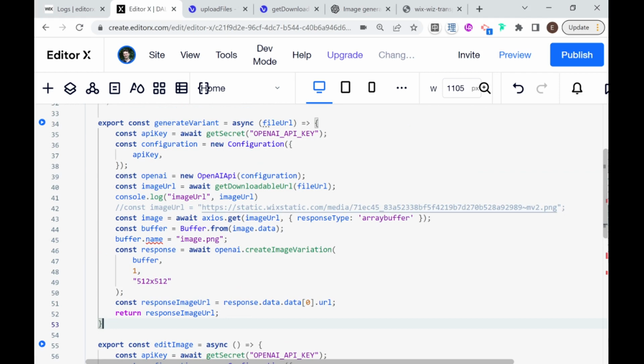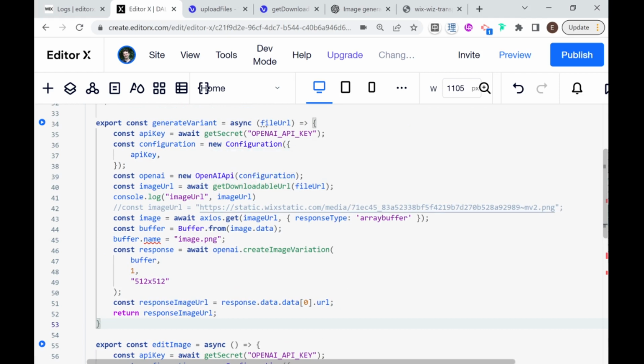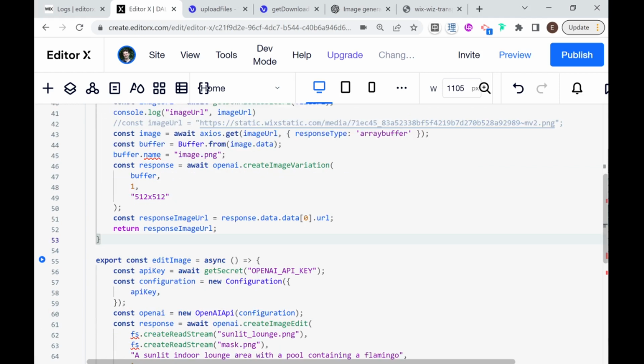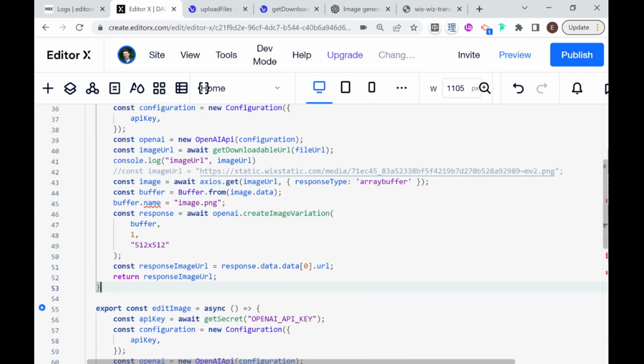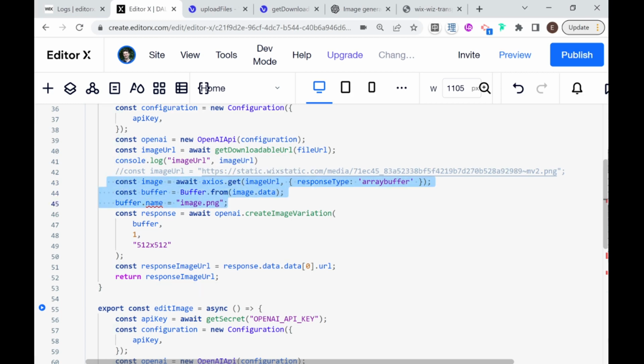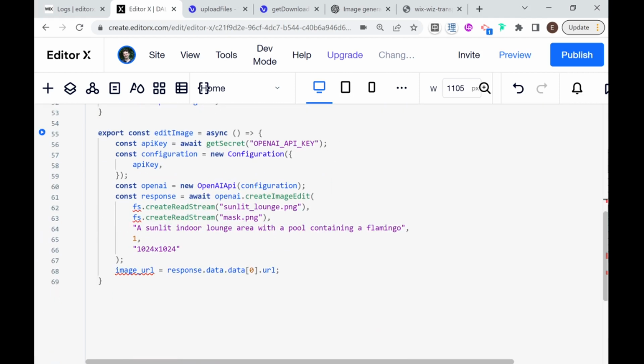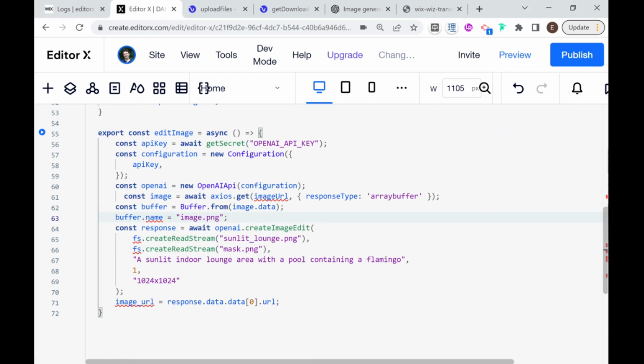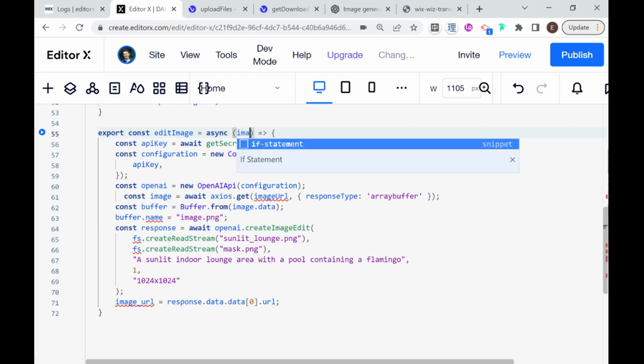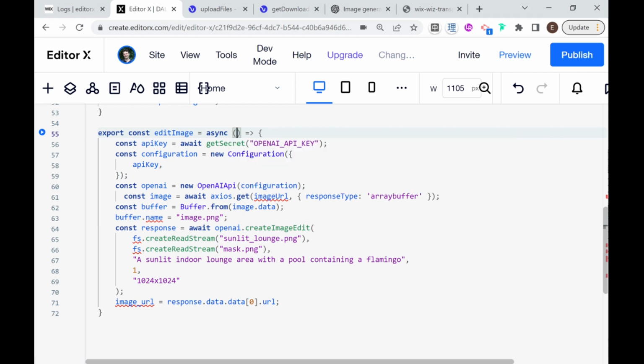At some point, we're going to need to use our get downloadable URL when we're dealing with the front end part of this. But for now, since we're only doing some testing in the back end, I am just going to leave that out. And we are going to still need our buffer. So I'm going to copy over all this information here and paste it right over here above our response. And here you can see that we don't have an image URL, so I'm going to pass that in as a parameter